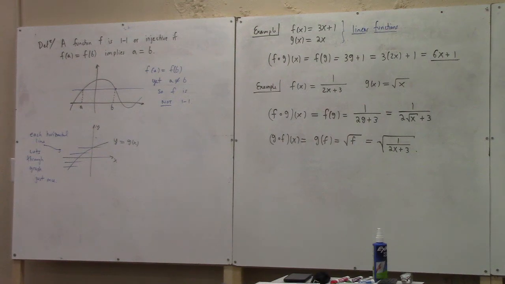So you're like, well, that's great. Why are we talking about this? Well, we would like to talk about inverse functions. And basically the theorem is this. We can define an inverse function for a graph on some domain, provided that the function is 1-to-1 on that domain. So if the